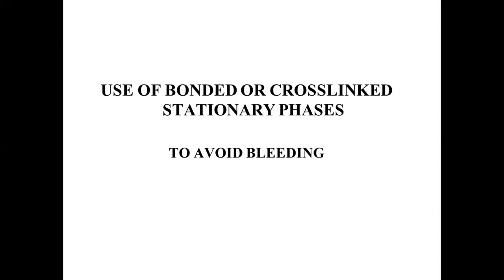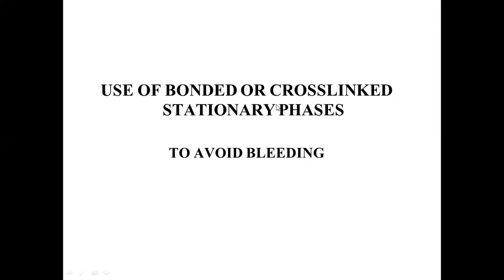As the degree of cross-linking is increased, the immobilization ability of that particular stationary phase over the surface of the solid of the capillary will also be increased, so the column bleeding can be avoided. Apart from the free radical mechanism by introducing hydrogen peroxide, we can even expose the liquid stationary phase to gamma radiations. Gamma radiations are also a good medium for initiating free radical polymerization reactions.